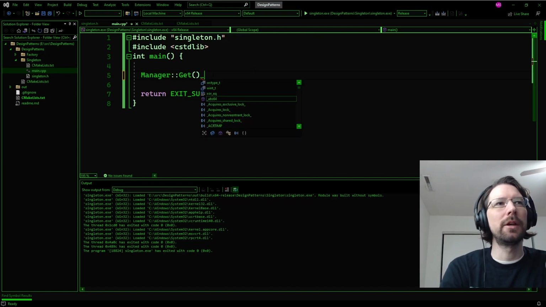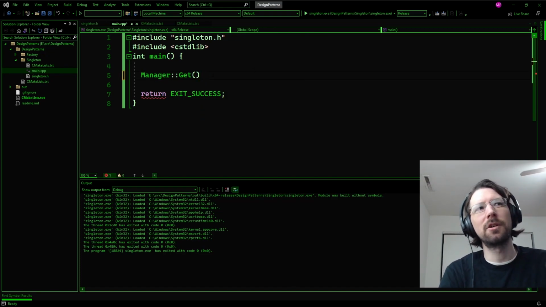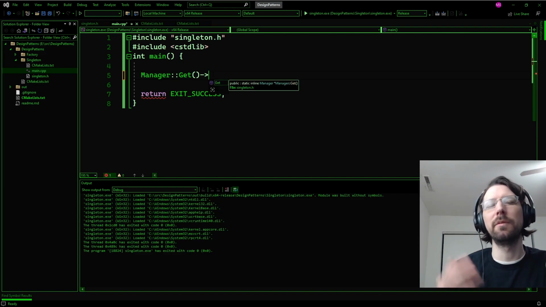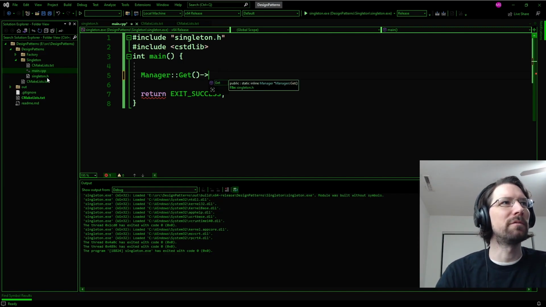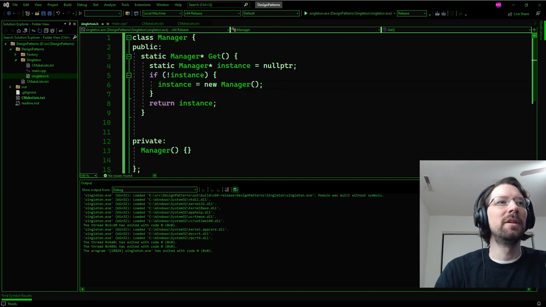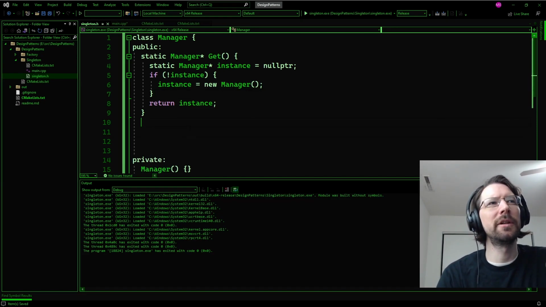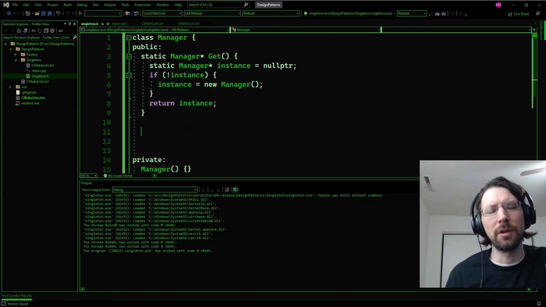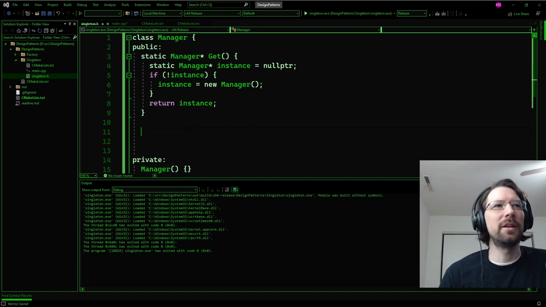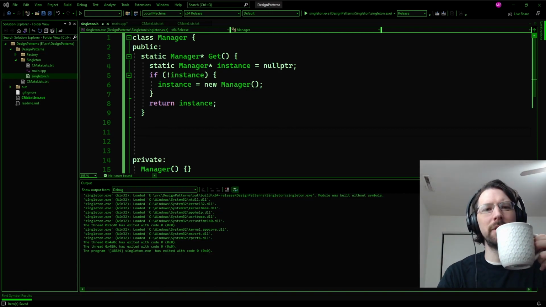Just wanted to preamble that a little bit, and that's where you would just call this get, which returns the pointer to it, and then you call a function from within the manager. So you need some functions from within the manager. So maybe we're storing something. You've got to decide what you're managing, what you're doing, and maybe your Singleton even does something else. But let's say we want to just manage, I don't know, let's manage some shipments of tea